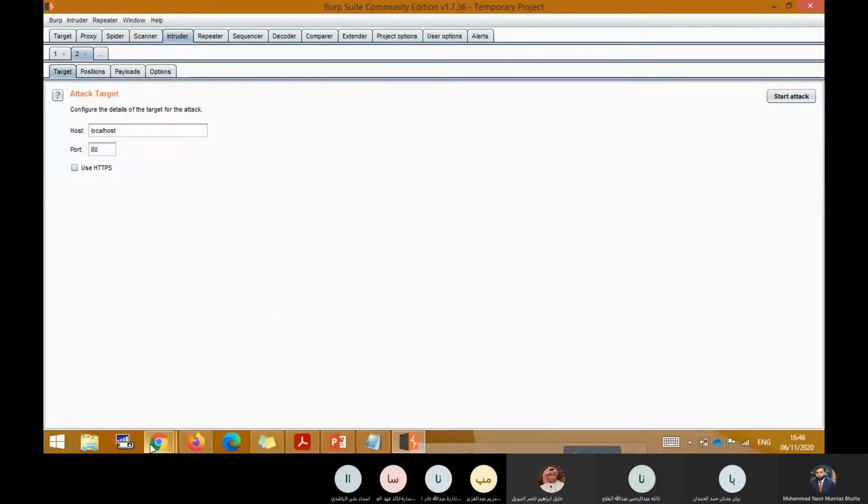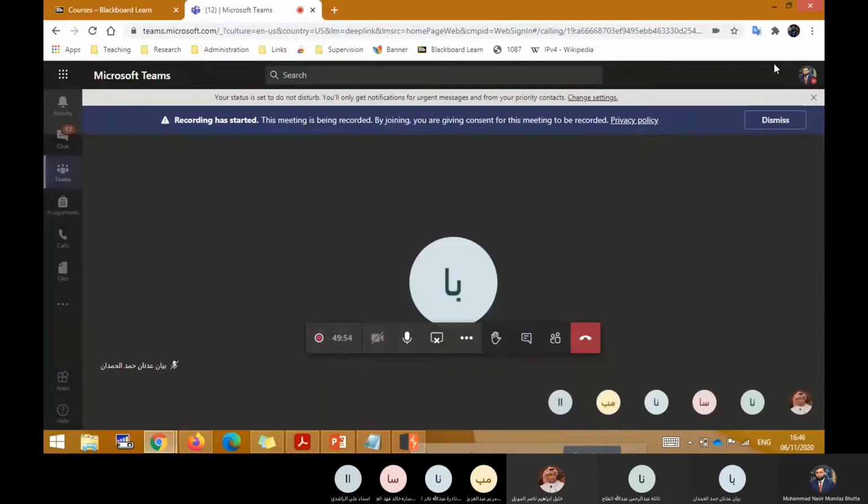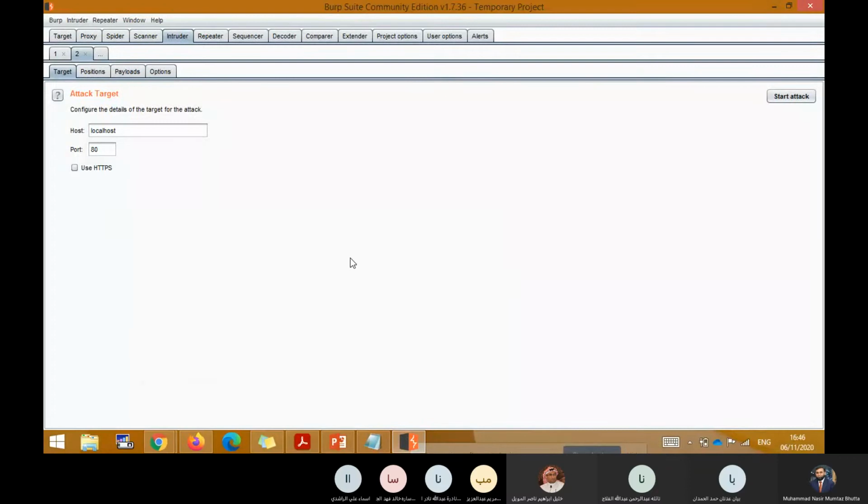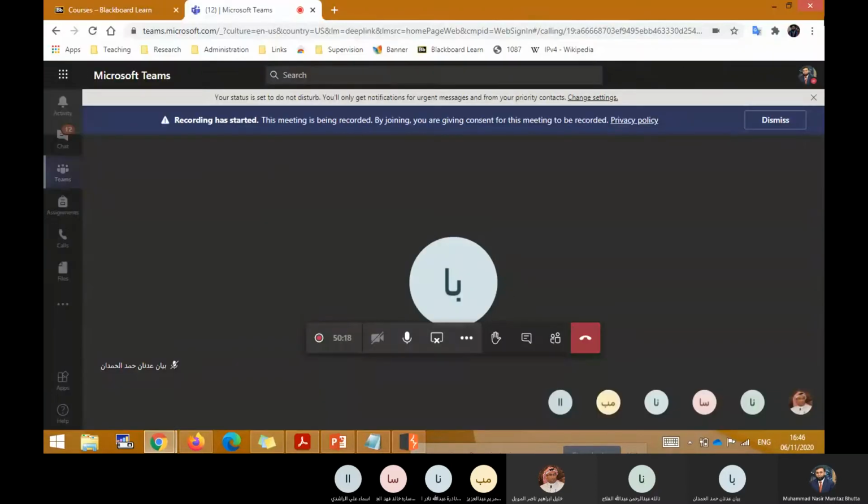As I have told you, for password guessing, you can have many passwords. You can have hundreds of thousands of passwords you can try. And obviously, if you try manual attacking, it will take a lot of time. So it means you have to find a way where you can launch it automatically. This is the same as programming.